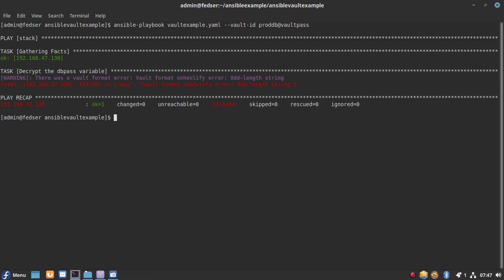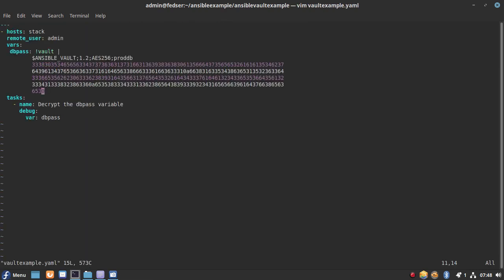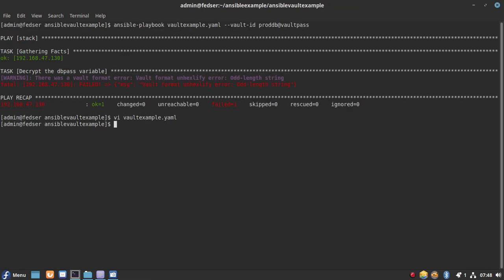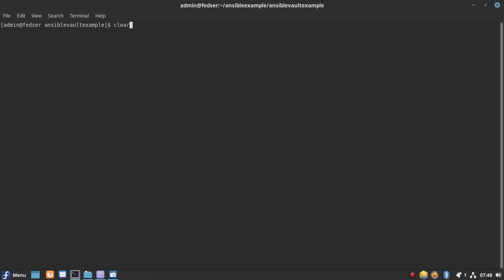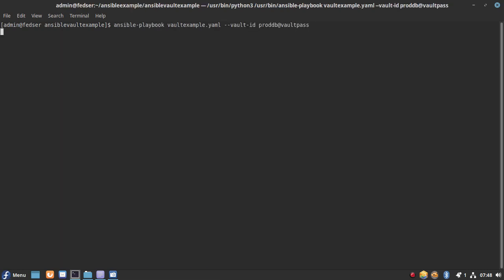I think there is some issue with the copy which I have done. Let me open my playbook and see what the mistake is. We actually need to give two space indentation, like I have it per task. I had indented it incorrectly, so that was the problem. Let me save this, clear my screen, and execute it again.